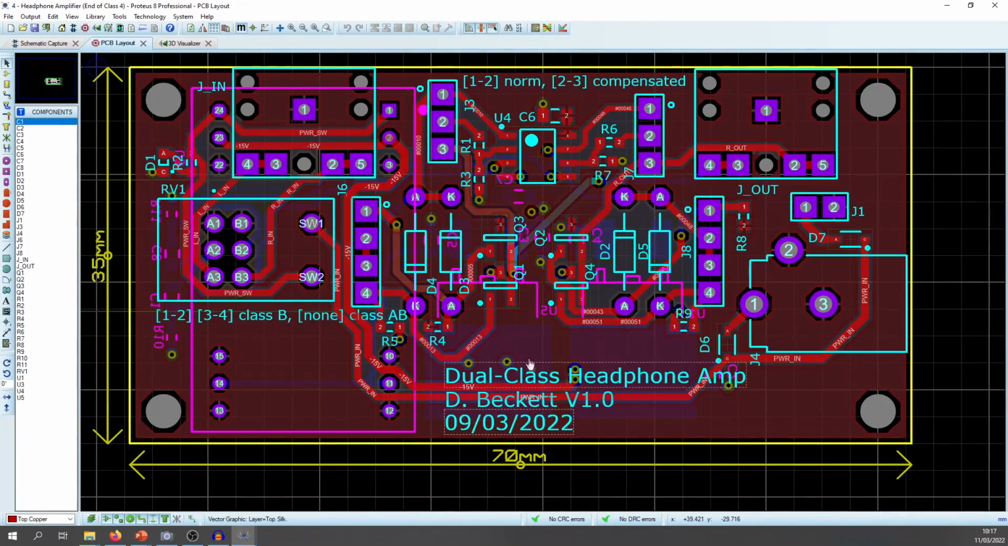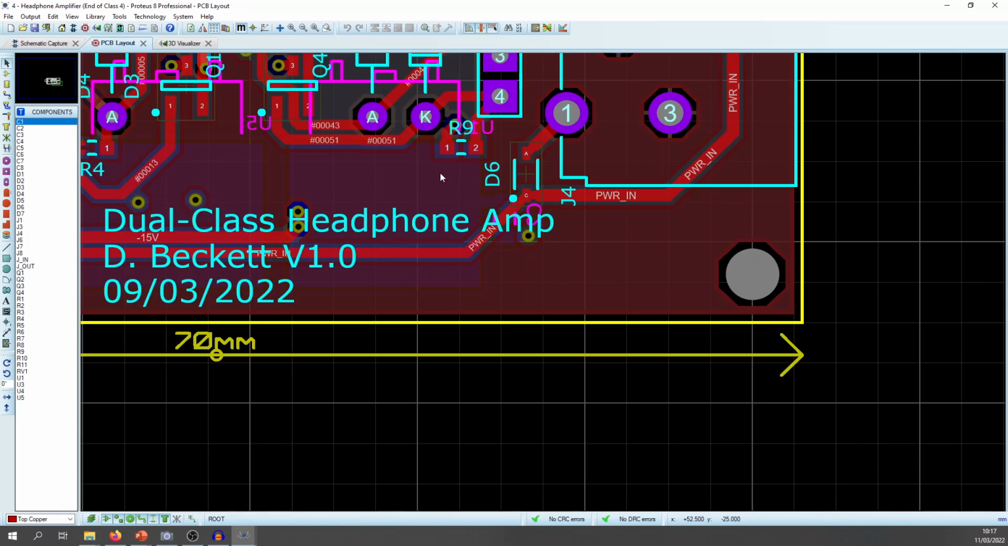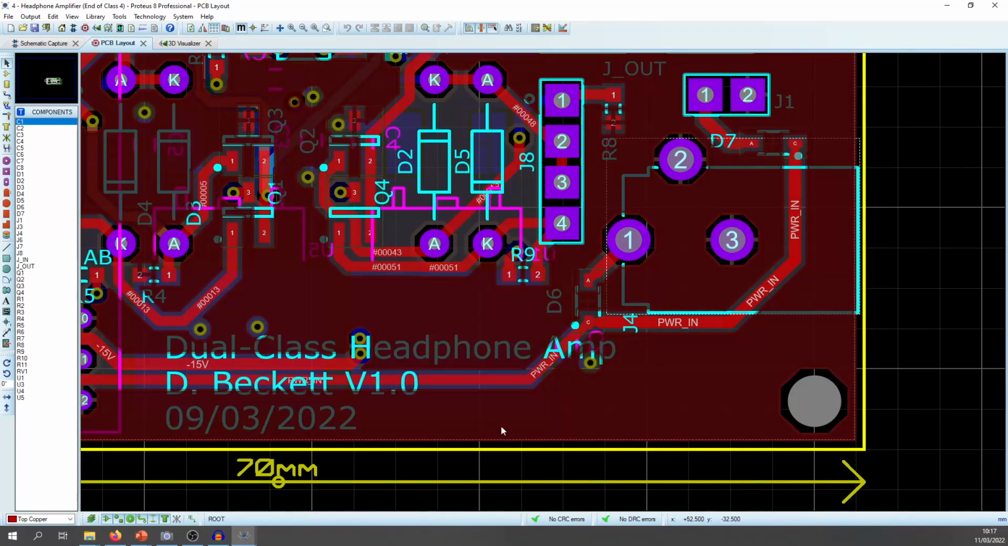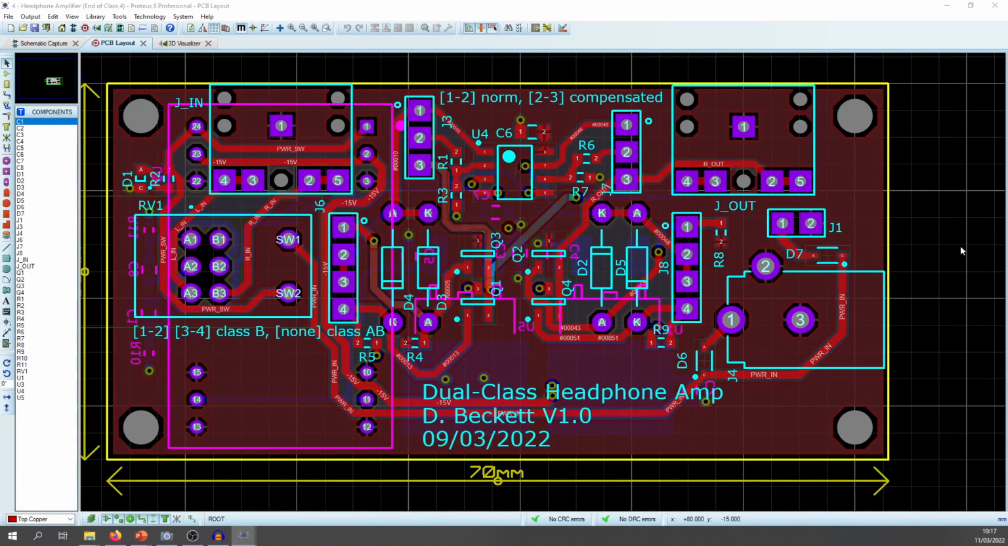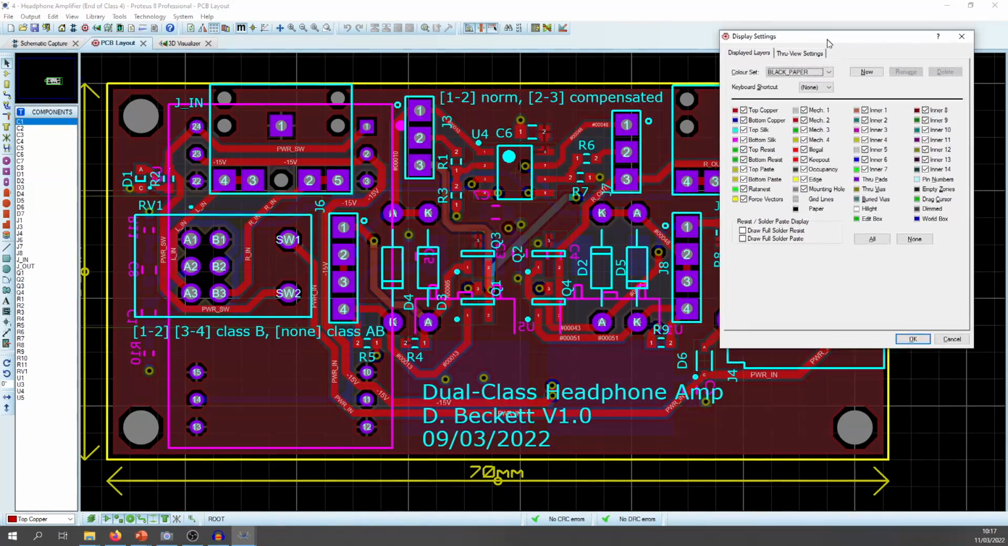You've got these two linear regs on the bottom layer, but then you can place components over the top of those components so long as you haven't got any through holes that are going to interfere with them. So what I was saying before about choosing your layers, this is why it's important. When you've got a board that's slightly more dense,